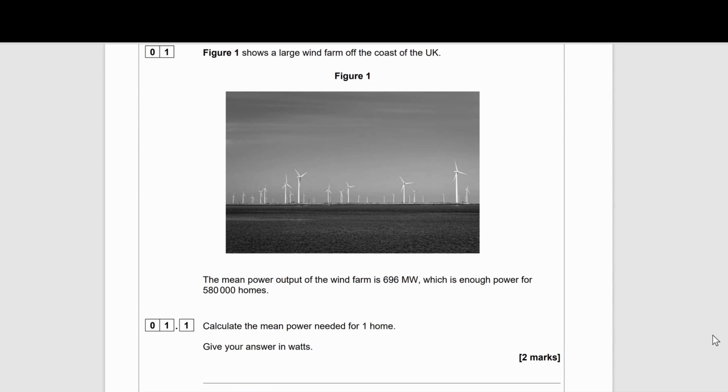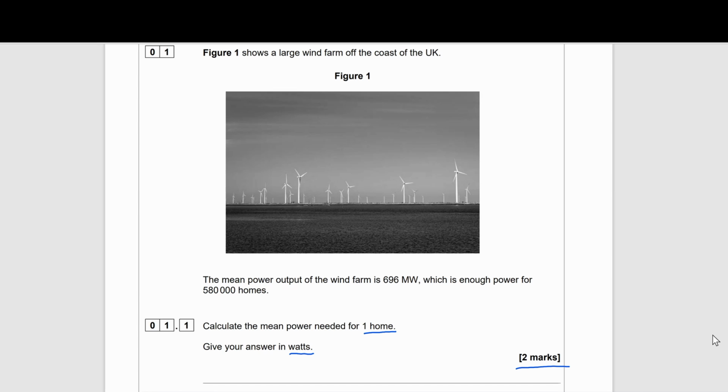The mean power output of the wind farm is 696 megawatts, which is enough power for 580,000 homes. Calculate the mean power needed for one home. Give your answer in watts. 2 marks. So, what we may be initially thinking is we would need to try and recall our equations for